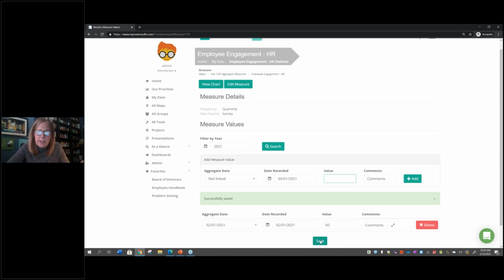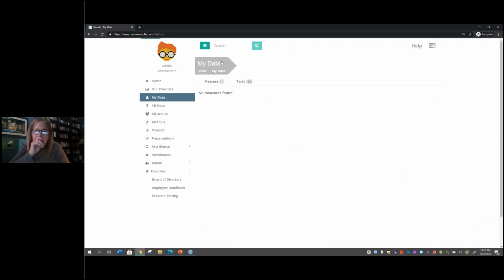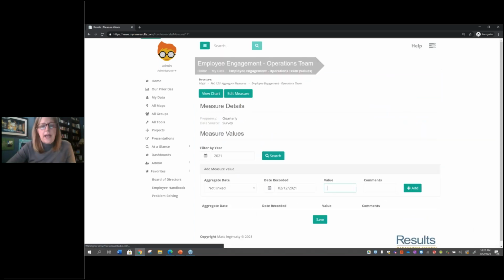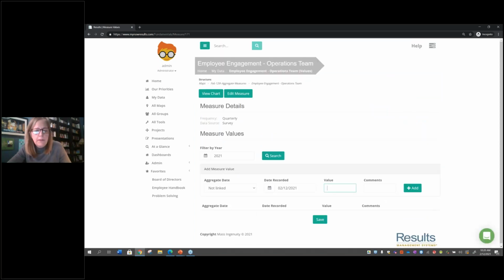So that's step 1. Now I'm going to go back and take a look, and you can see that that data, 60, has flowed up to my parent measure. When I hover over the little indicator, it says some of my data has been entered, but not all. So let's do the last one. Open the operations measure up, and I go through the same steps. So 2-1,